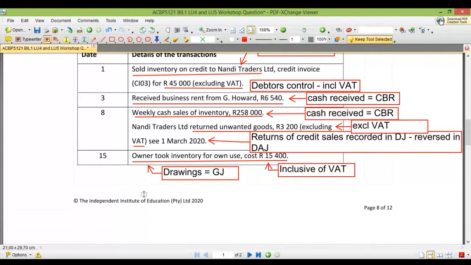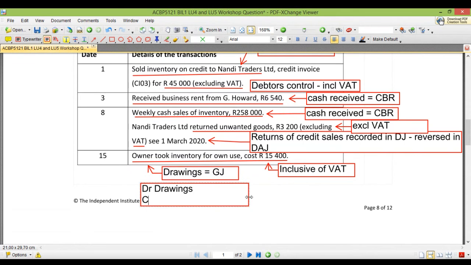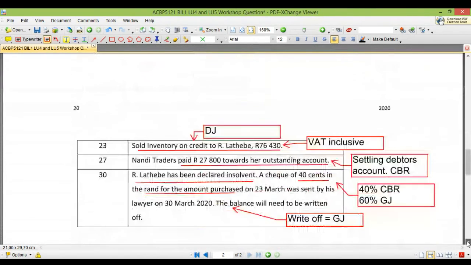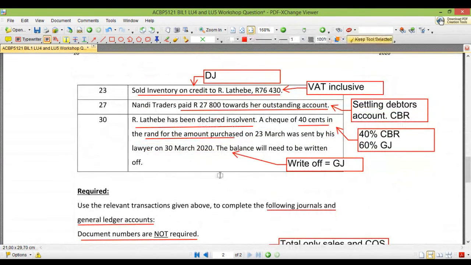Now, if we think about what that would impact, you would debit drawings, we would credit output VAT, and we would credit inventory. Okay, so based on that journal entry, we can see that the drawings would not have affected our sales or cost of sales entry. If we then look at the write-off,